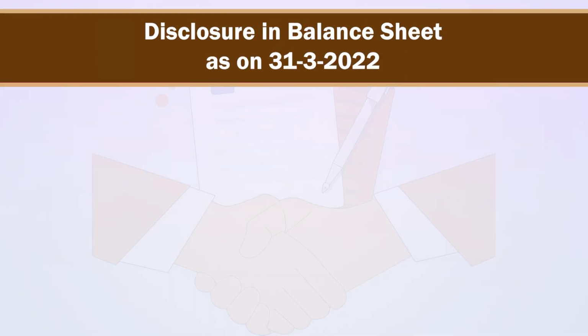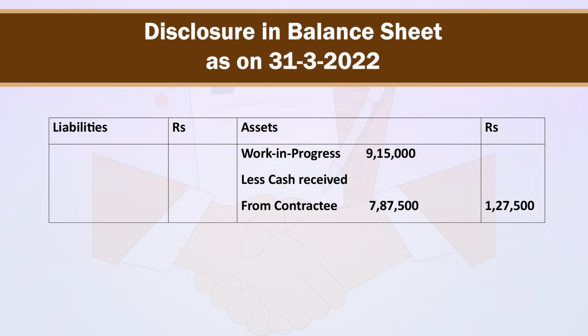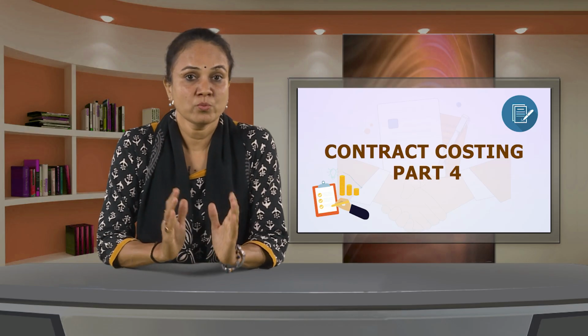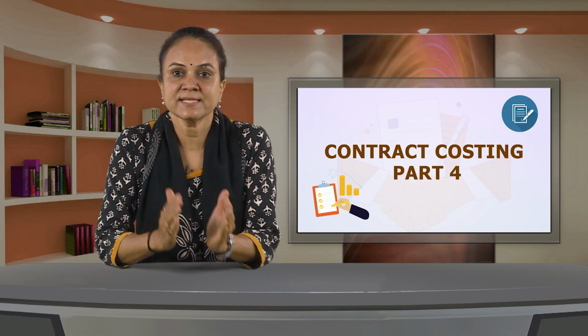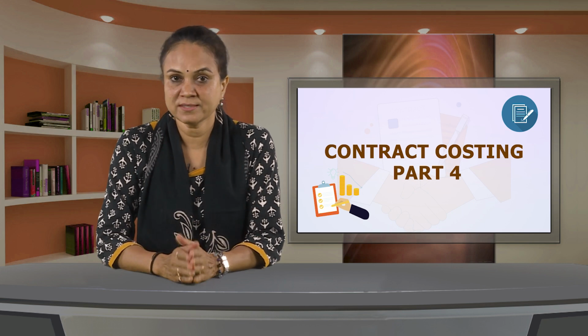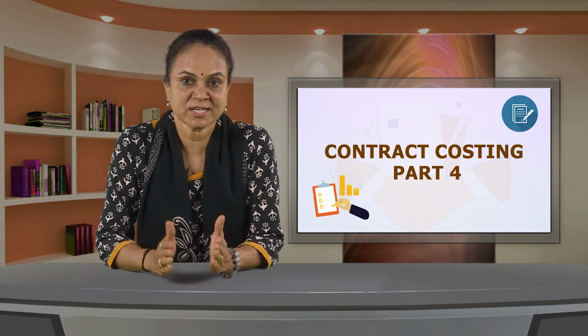Balance sheet as on 31st March 2022. In balance sheet on asset side, we will write work in progress rupees 9,15,000 less cash received from the contractee rupees 7,87,500, giving outer column figure as rupees 1,27,500. Note that when work is completed less than 25% of contract price, the entire profit will be transferred to